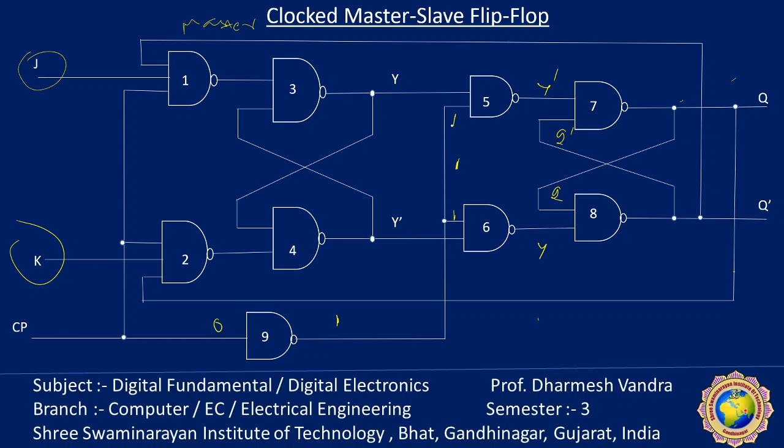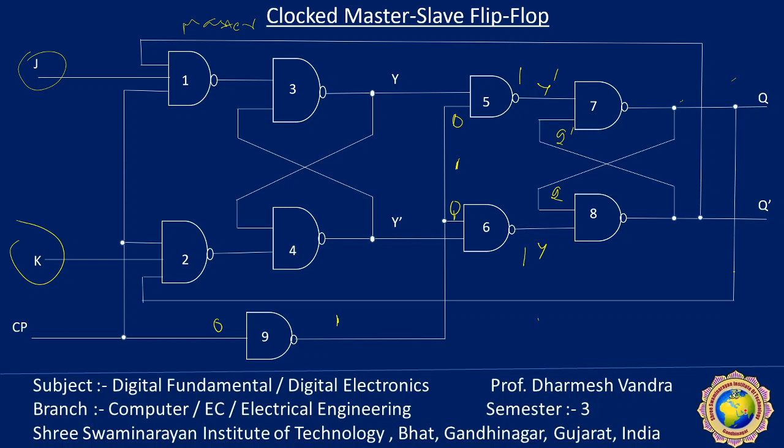Okay, at this time, what happens if any one input is 0, the output is 1, 1. So this will become 1; Q dash bar is equal to Q dash, and the other is equal to Q. So it remains in the stable state. So the master flip flop is isolated from J and K, and the slave flip flop goes to the same state as the master flip flop at the level 0, means the negative edge trigger.